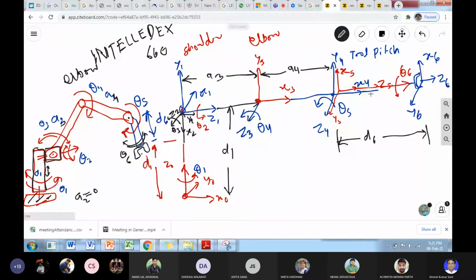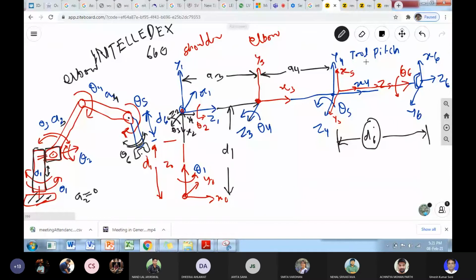So the angle theta 6 is there, theta 6 along the tool axis. So the tool can rotate in any direction. It can align towards the shape of the object. You can see there is a prismatic joint, so the length of this tool can be changed. This is the d6 variable distance.